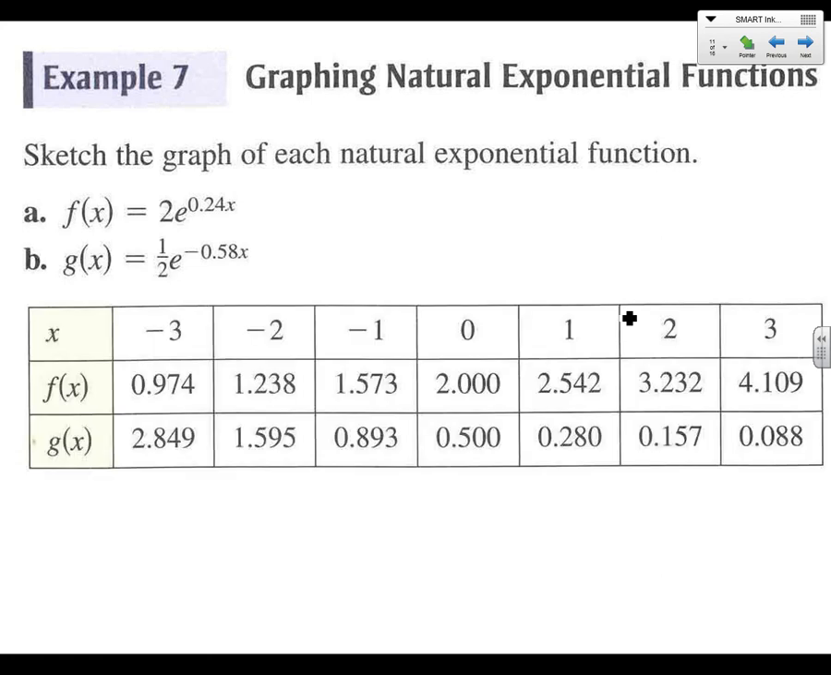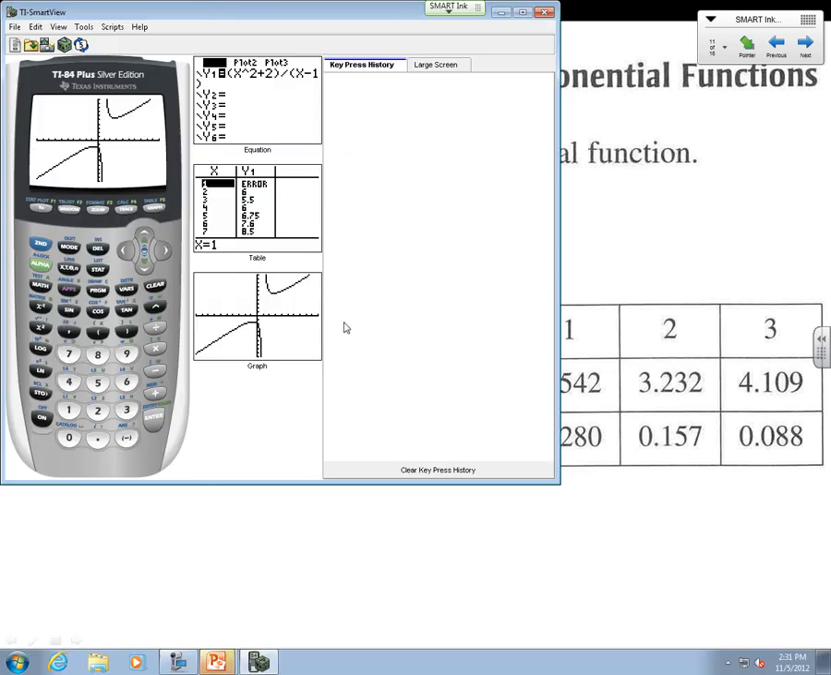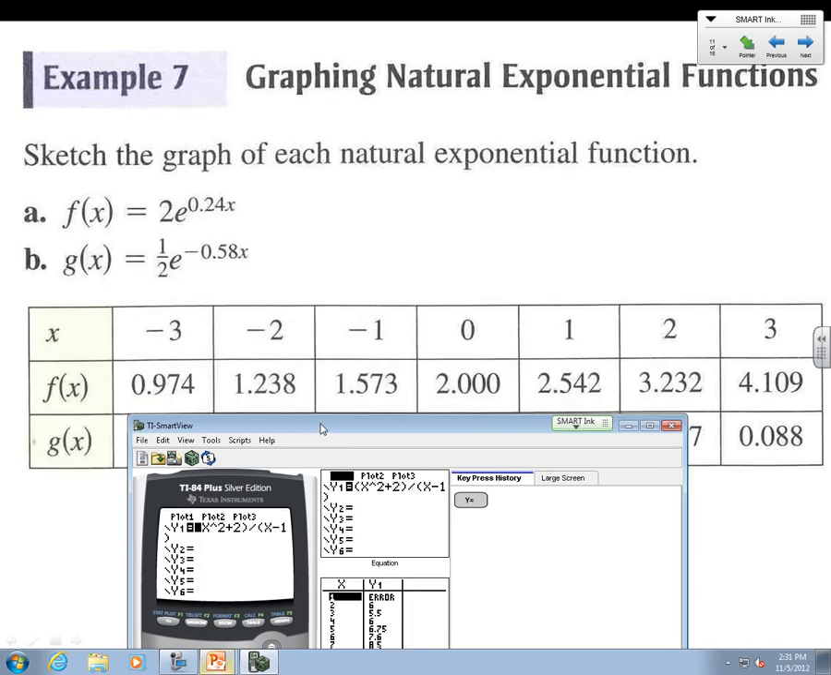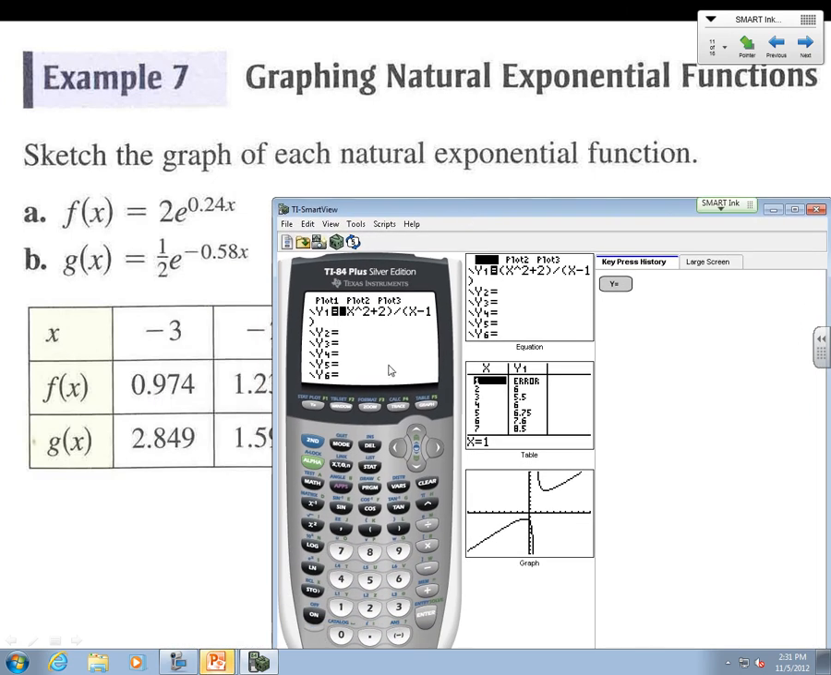We can use our tables here. So if you set up a table, you're going to get this. Now, I would definitely not do this problem by hand. This is a calculator problem, so let's look over our calculator and see how we can do this. We're going to have our equation, and let's just do the first one here. Let me clear this off. Y equals 2. E is right down here above the ln, and I've got